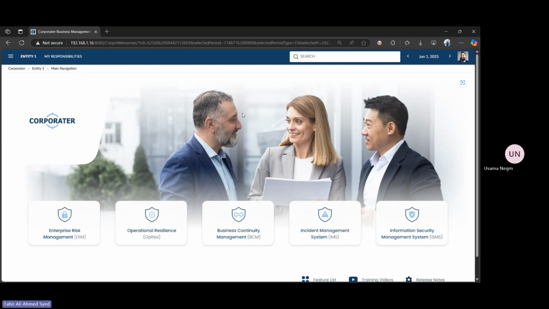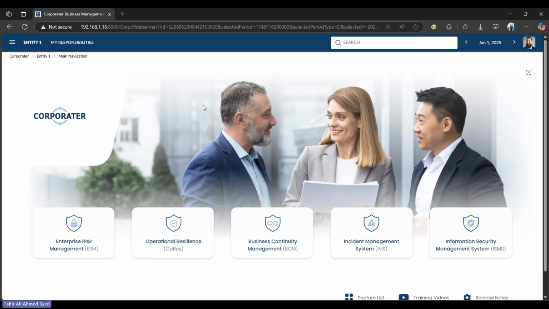All right. Thank you, Kai and Mohammed, for that overview on resilience. Coming to our Corporator platform, you're going to be looking at a screen which shows you multiple modules within Corporator. This is just a subset of the modules that Corporator supports. As we learned from Kai, operation resilience cannot be achieved in isolation.